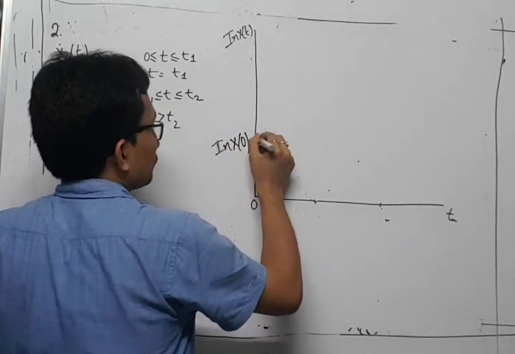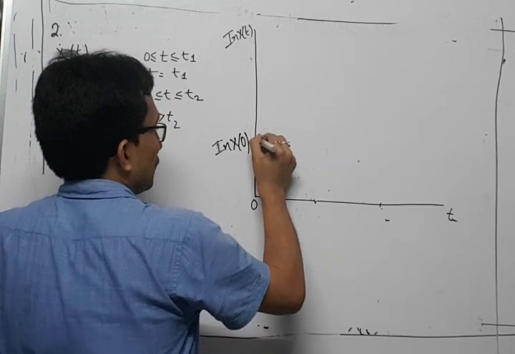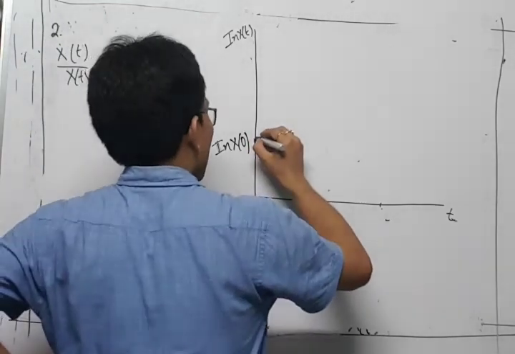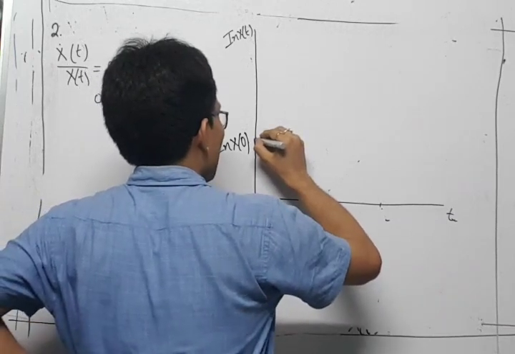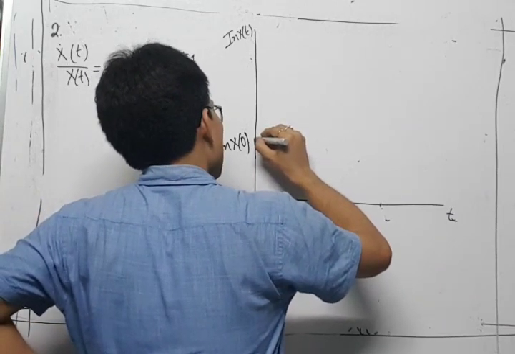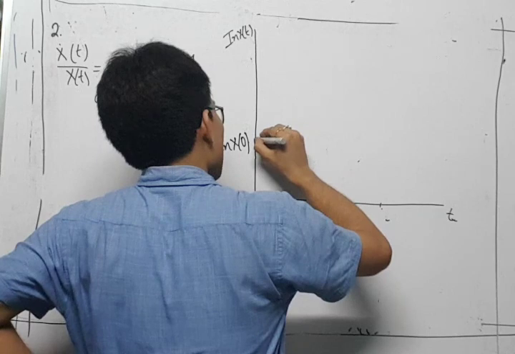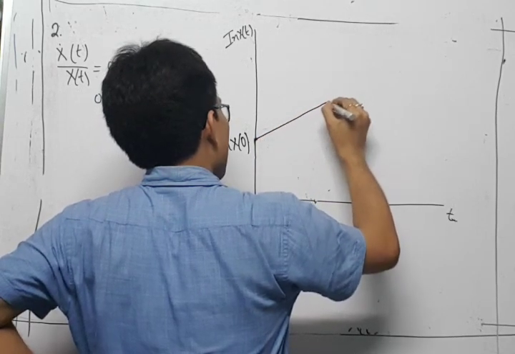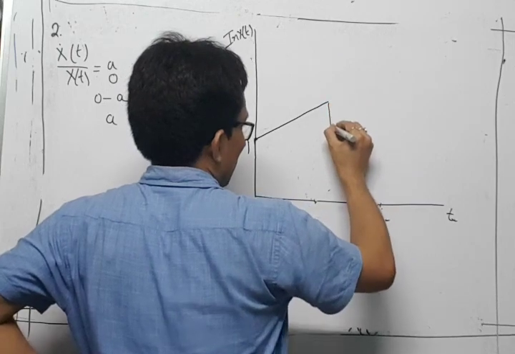of 0. Okay, so right starting from this point, we will be having a constant slope equal to a. So the slope of the line will be constant, which is at a. Okay, so this is till time